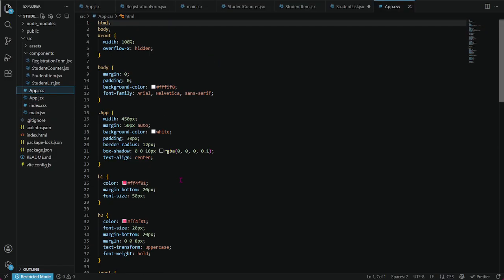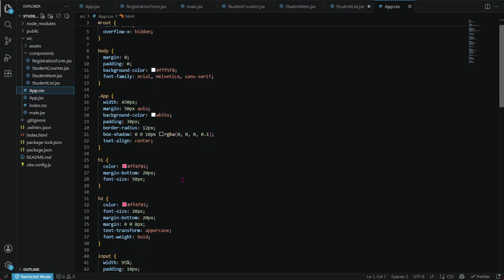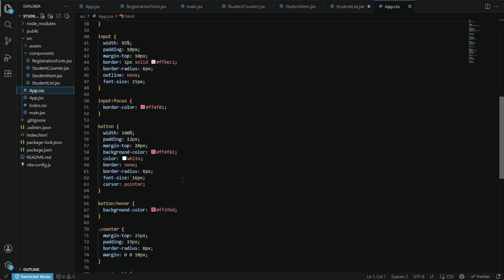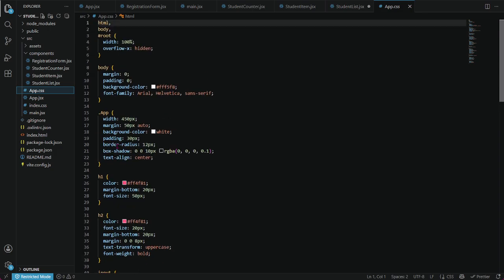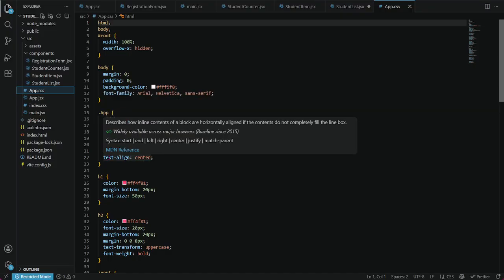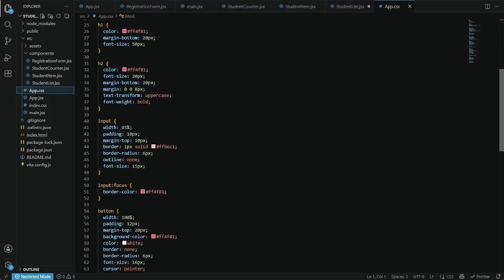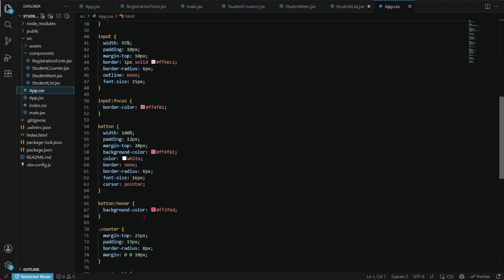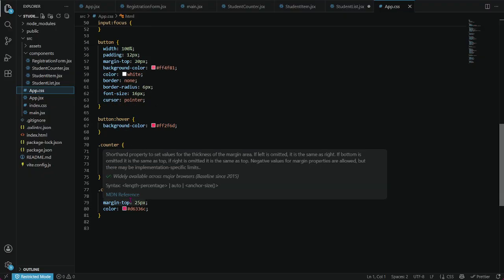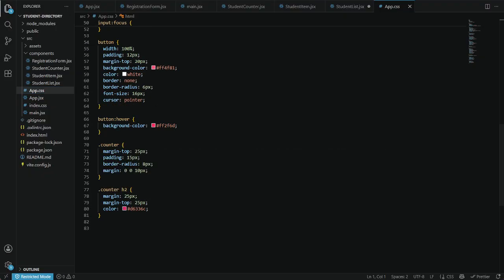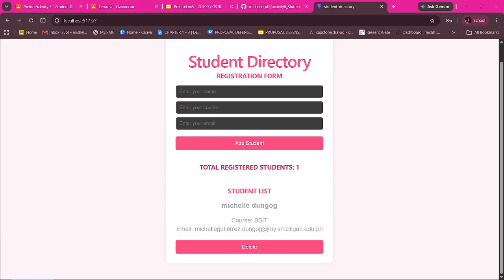And then the app.css. So here are all my CSS. We have the body, app, h1, h2, input, button, counter, and then the counter h2. We add another student.